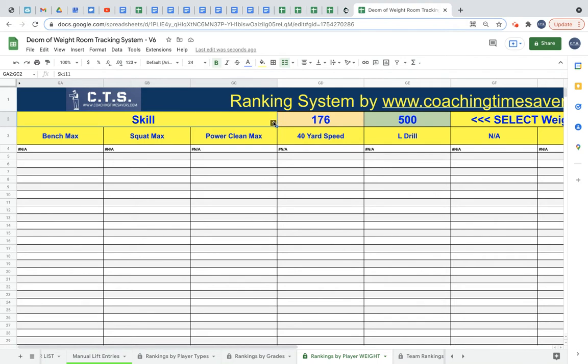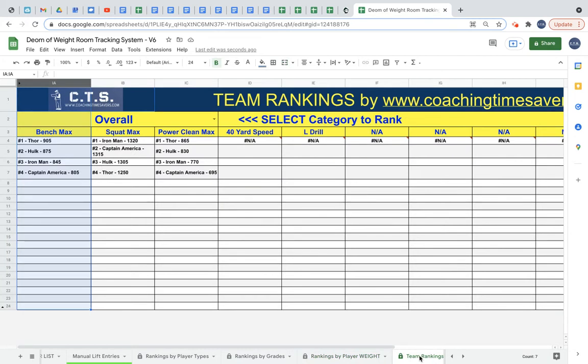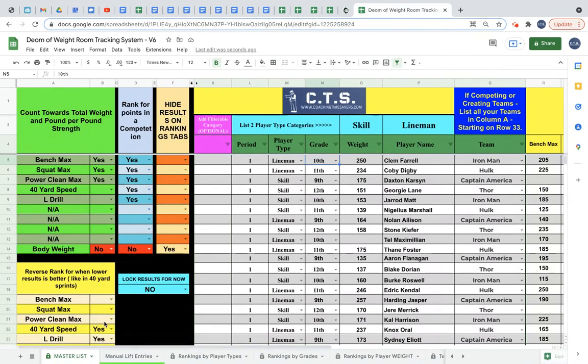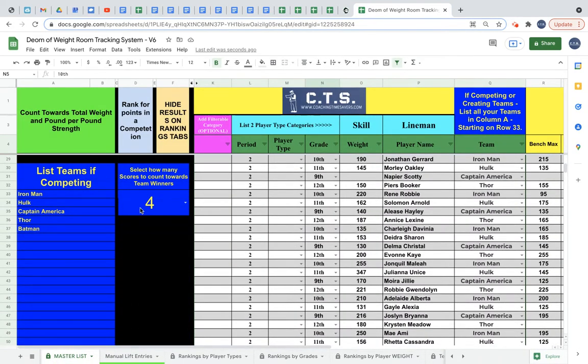Okay, so there's a way to do it by rankings. Here's your team rankings, if you did the team thing. So on the bench press, we had it picking, let me go back and look at my master list, we had it picking the best 4 off each team. So on our team rankings,